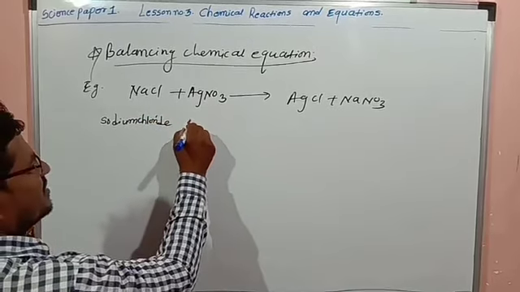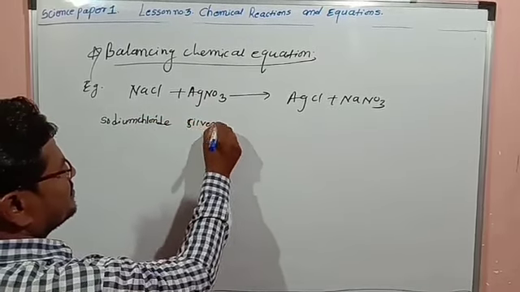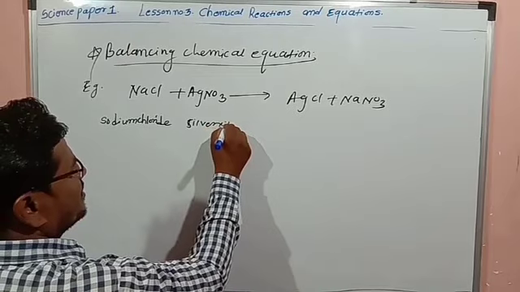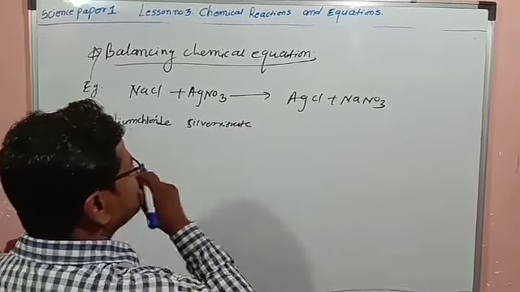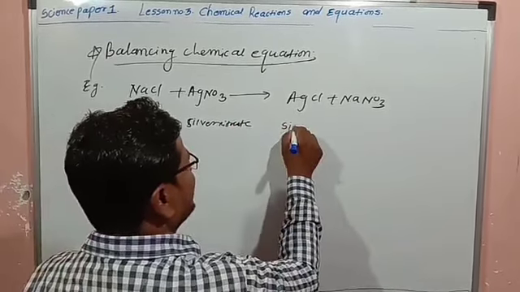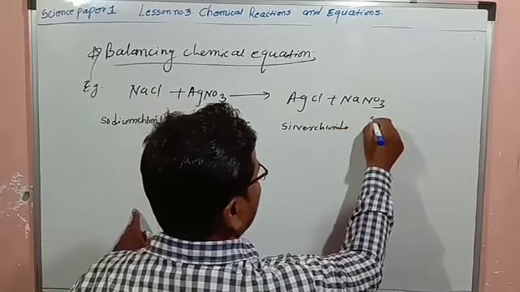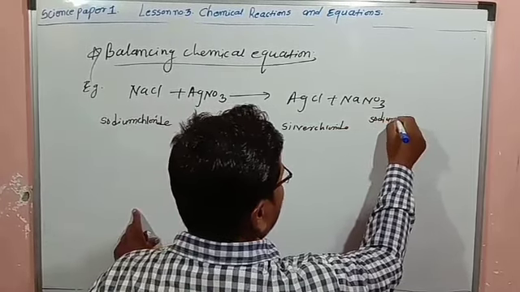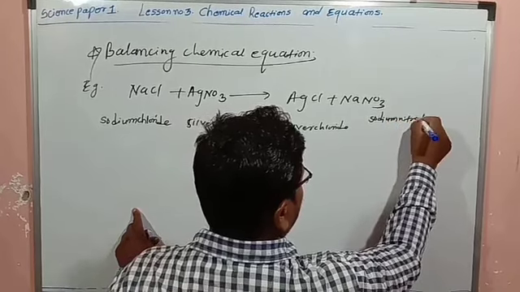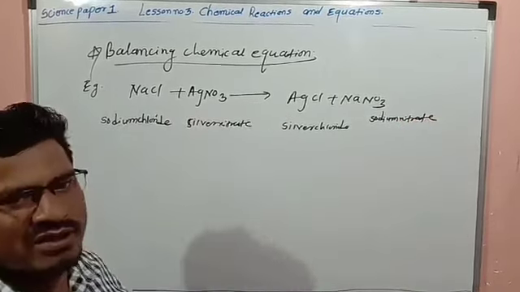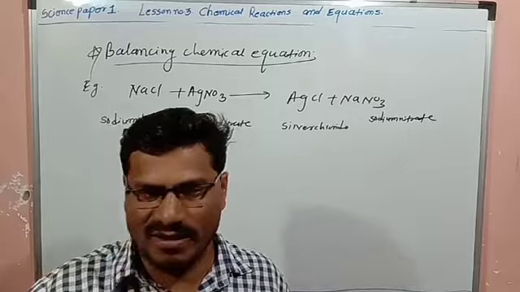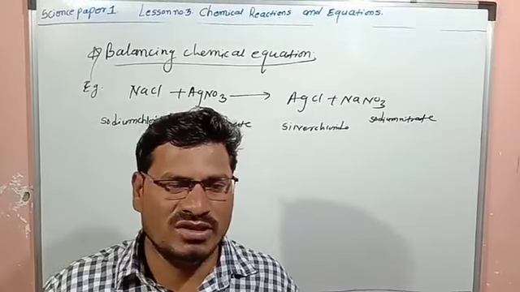Name of this one is silver nitrate. This one is silver chloride. And this one is sodium nitrate. If you will consider this equation, this is a chemical equation,